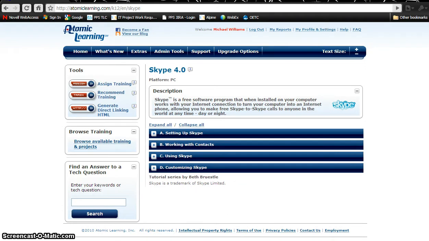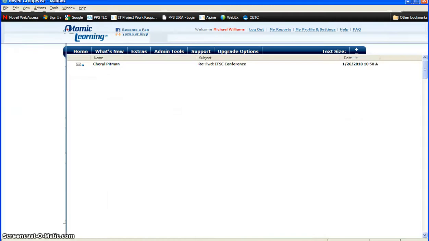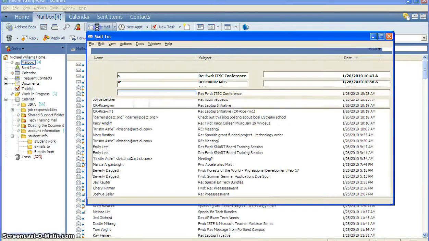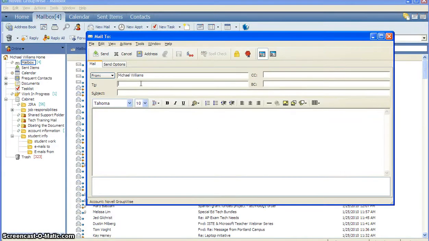Now if you're interested in accessing this resource, what you'll need to do is go ahead and send an email from your PPS account to atomiclearning@pps.k12.or.us, and in the subject line, this is important, in the subject line put in account request. Go ahead and send that, and you will receive instructions on how you can access your